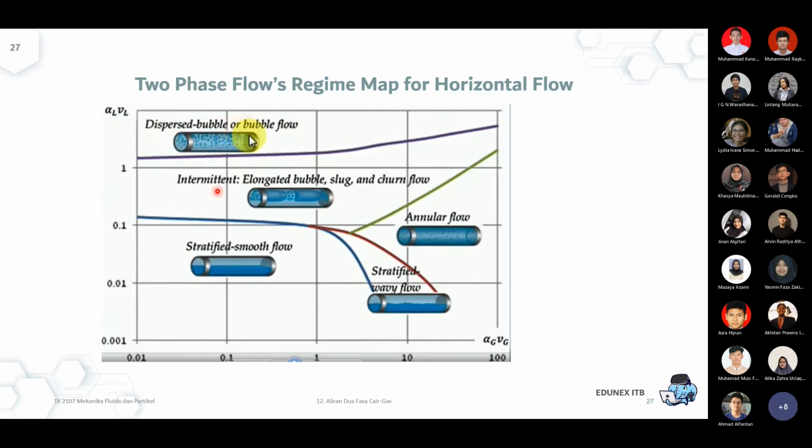And the transition, either in the intermittent regime, can be as a bubble, as a slug, or as a churn. In general, it would be found when one of the phases is not dominating the other phase. Okay, so again, the lines over here, either the purple lines, the green line, or the red line, could be shifted depending on the pressure, depending on the geometry of the pipeline, but the concept regarding the position of this regimes map holds true.